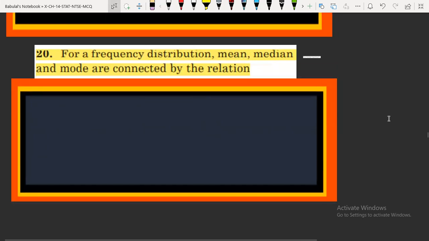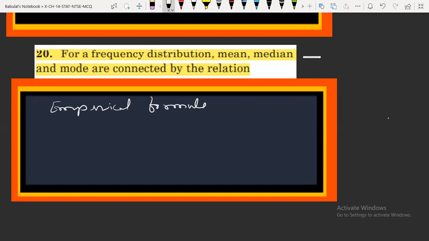Many times this relationship has come in the examination. This question you will see here. What is the relation here? What is empirical formula? It gives a relationship between mean, mode and median. So we can say mode is equal to,